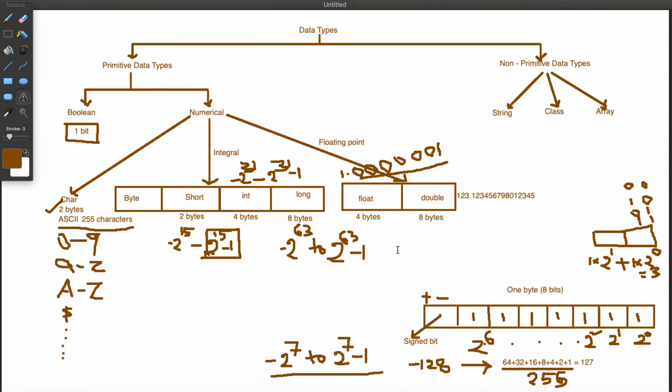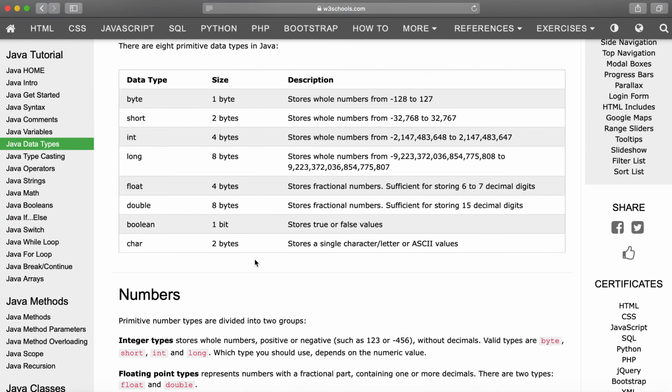Okay, you need not remember the value of minus 2 power 63 and 2 power 63 minus 1. If you know the range and how it is going to take that range based on the number of bits, you should be good, because we cannot remember lengthy numbers. Let's go to Google and see, because even I don't remember the number.